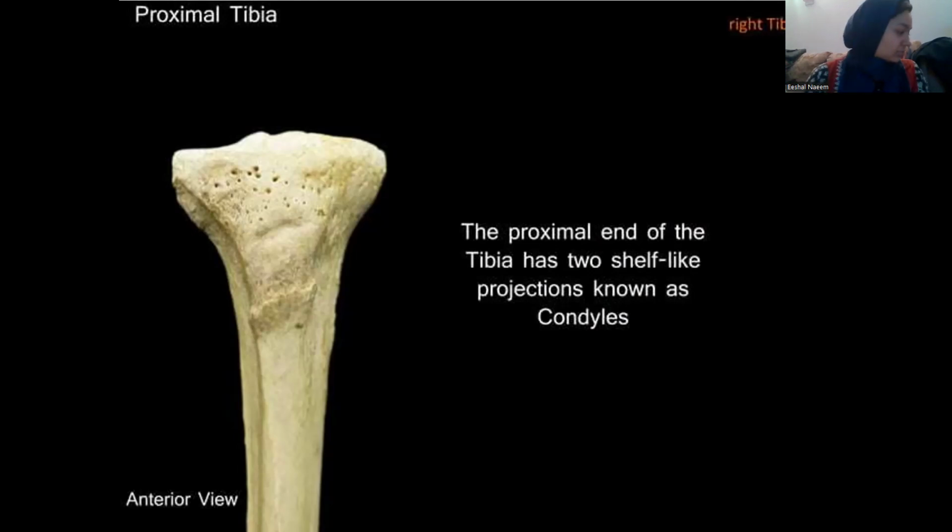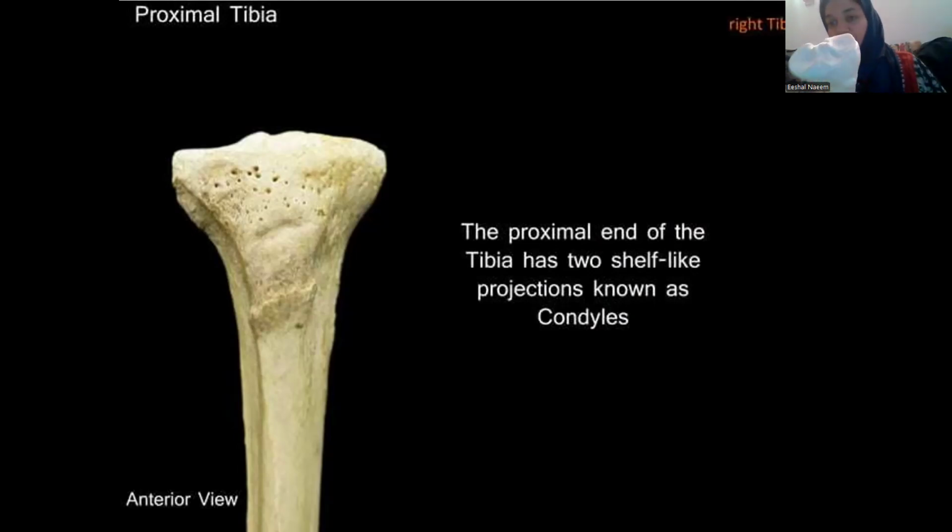So for example, if I take a femur and I show it to you here. This is my femur and this is my tibia. You can just connect the two bones like this, and this is your knee joint. And I'm going to have another bone, the fibula here, right? So the fibula is going to be here, and this is the tibia, and this is the femur. So this is like a knee joint.